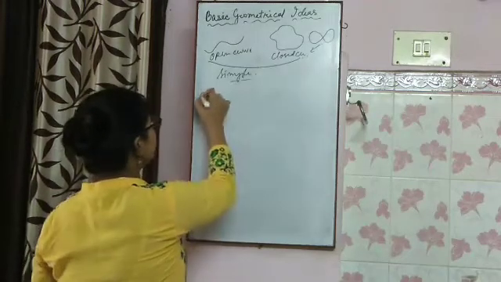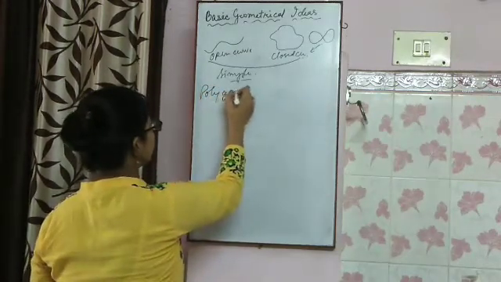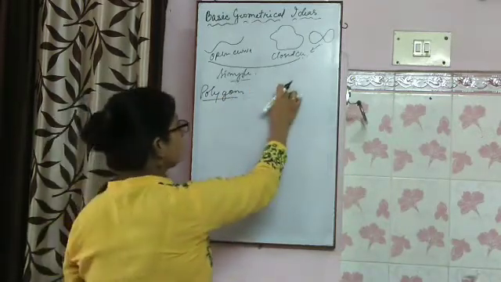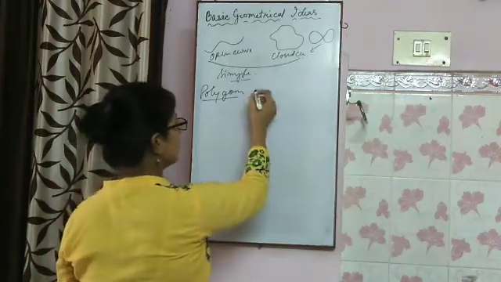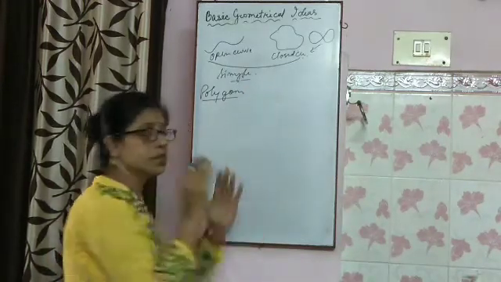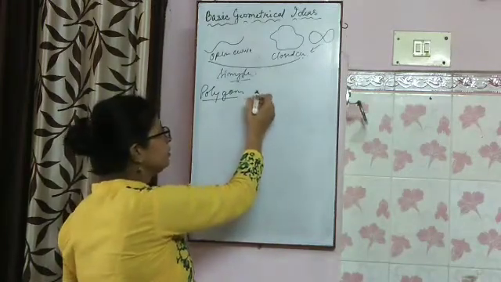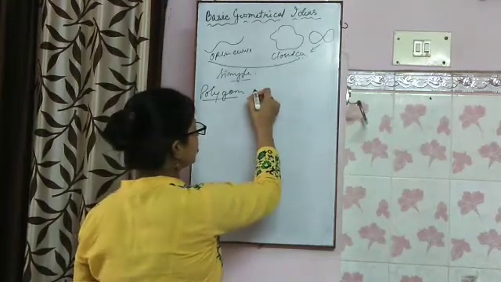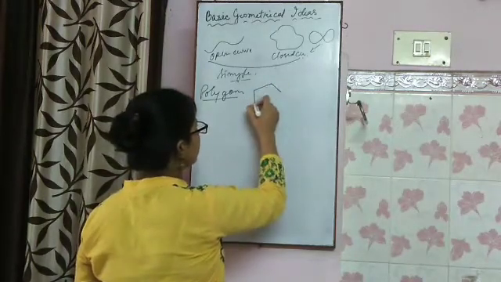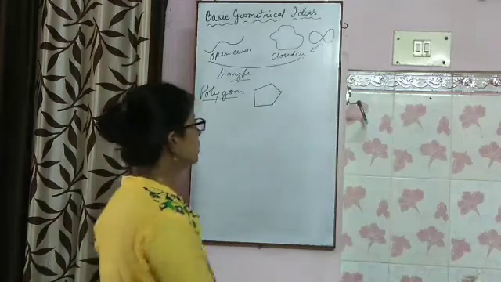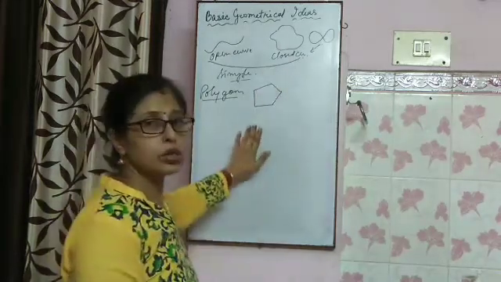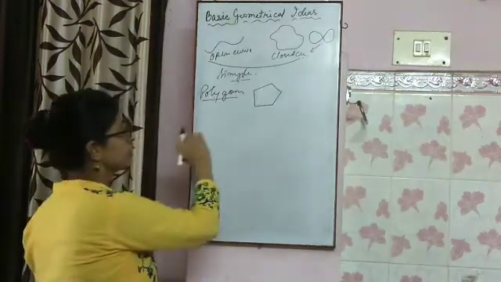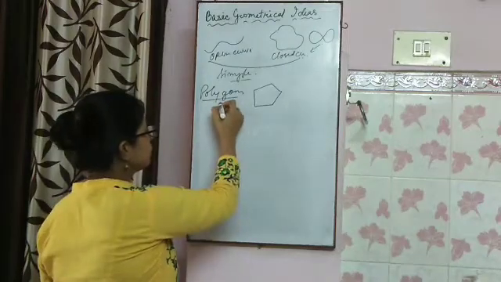Okay. Now I'll say polygon. What does a polygon mean? It is also a curve. It is also a closed figure made by a curve, but this curve is made of straight lines, meaning line segments. So a polygon is a figure made by some straight line segments. So anyways, this is a polygon because it is a closed figure made by some straight line segments. But it has many different types.